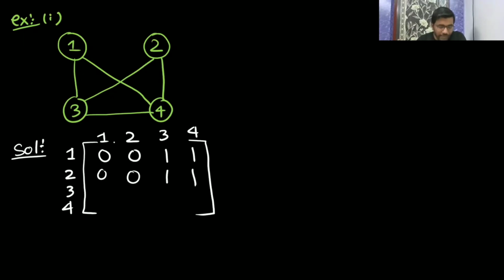You know that the adjacency matrix is symmetric, so 0 0 1 1 will be here, and 0 0 1 1 will be here. In the previous lecture I told you that since the adjacency matrix is symmetric, when you transpose it you get the same matrix. So the element that you write in the row, you can write in the column also. That will save your time.